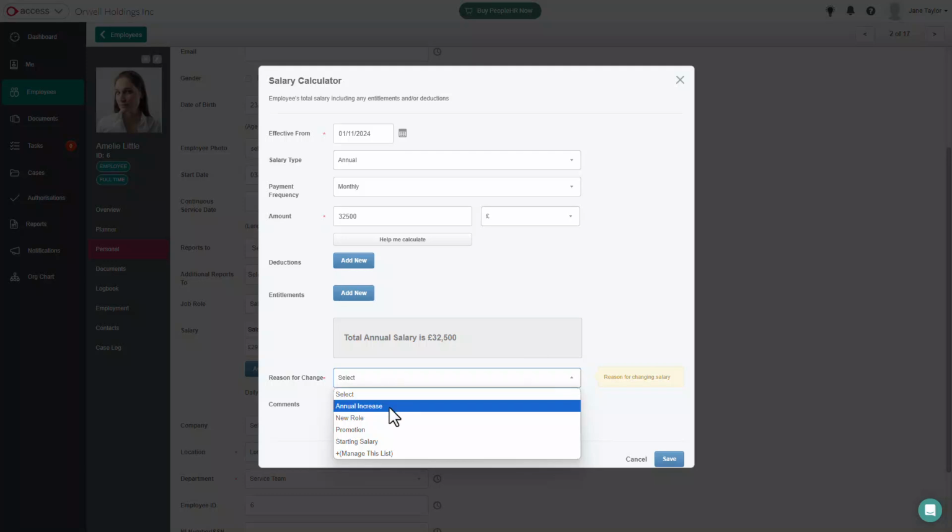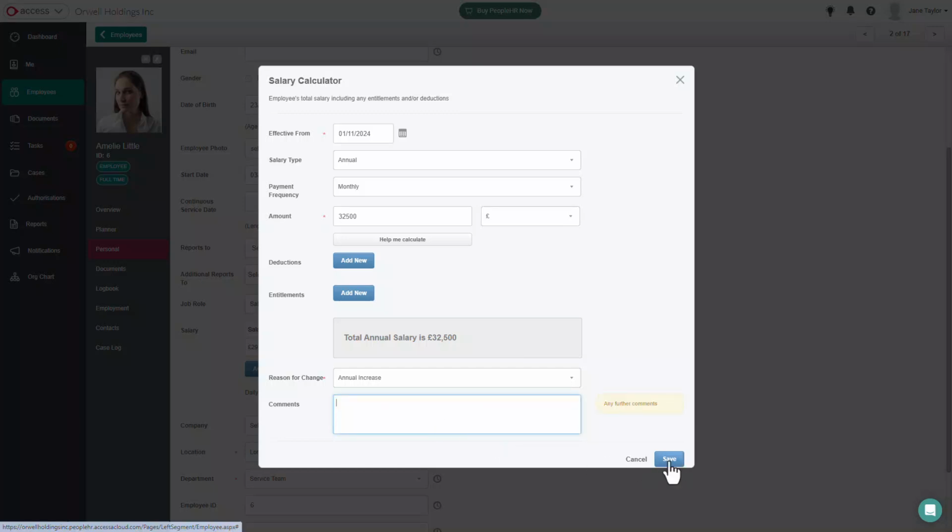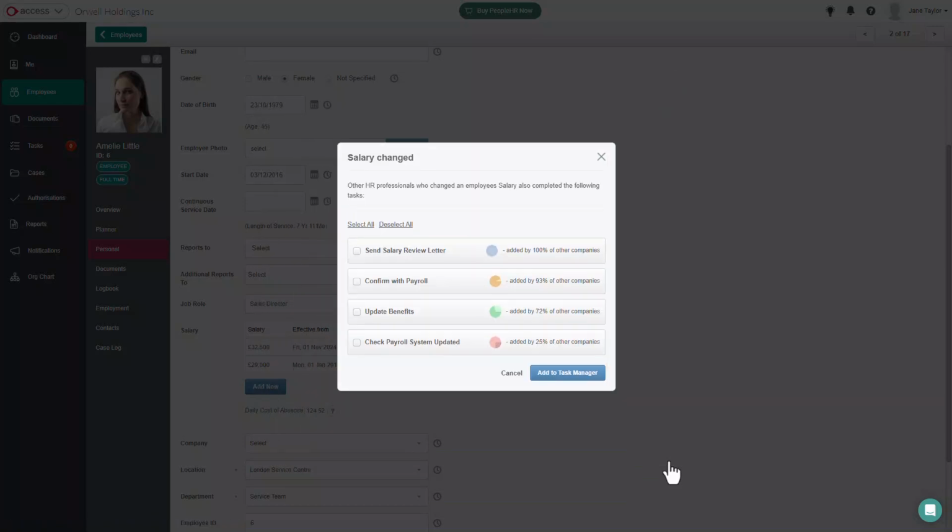So within Amelie's record here, I'm going to add on a new salary. I could also add any deductions or entitlements. So if she had a reoccurring car allowance, for example, this could be entered here. And these details will go over to PayCircle. I'm going to save that change down, and now we'll go over to PayCircle and have a look at how